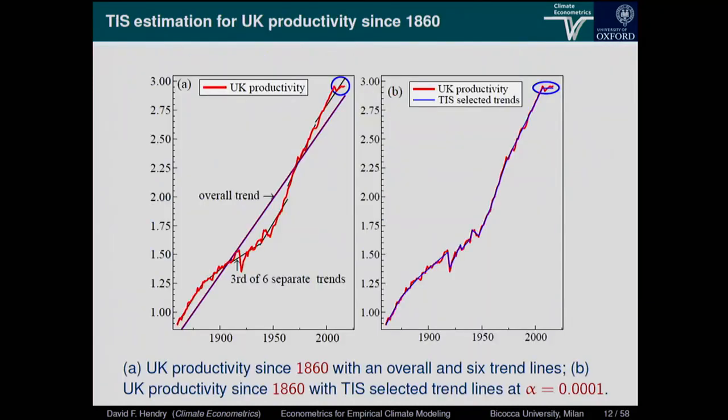Can that not take me back? Yes, it does. Say we had only data here. When you fit trend indicator saturation in a world of broken trends, what it gives you is a trend line you would have got if that had been the whole of your data set. That's the way to think about it. It's not that it's doing something very peculiar. It's just telling you that if you'd had that data, this is a trend. If you'd had the next period, that's a trend, and so on. And so it just describes how the trends have evolved over time.